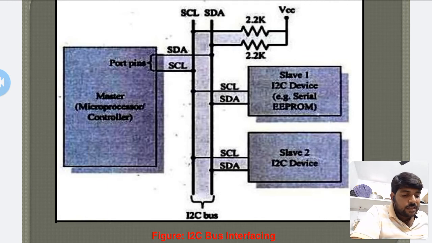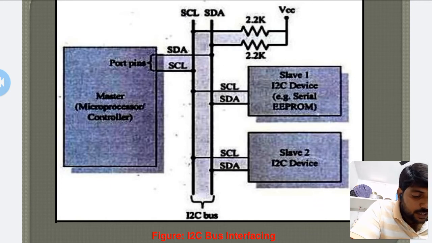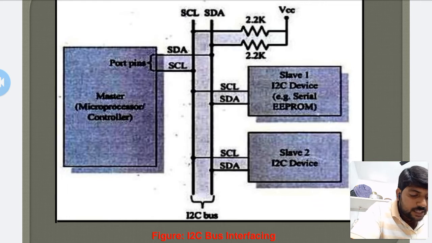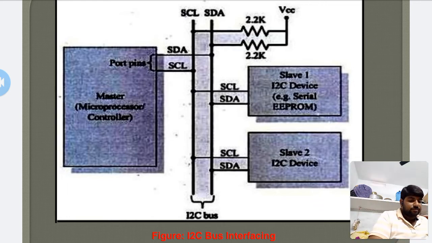The master device pulls the clock line SCL of the two buses high, and the master device pulls the data line SDA low. So when the clock is high, the data goes low. With the SCL line at logic high, this is the starting condition for the data transfer. The master device then sends the address of the slave device it wants to communicate with over the SDA line. The clock pulses are generated on the SCL line to synchronize the bit representation for the slave devices.